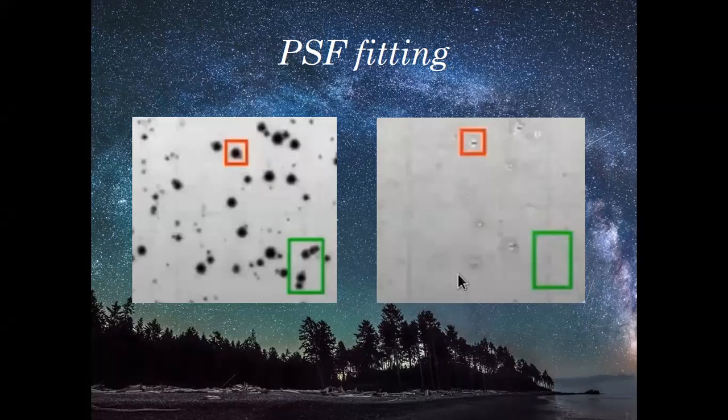In this green box, as you can see, there is nothing there. So if you subtract one from the other and it vanishes, then you can say that they have been properly matched. They are properly scaled with their magnitudes, and that is how you can determine the magnitude of the cluster which is removed in the second image, just by subtractive scaling. This is what is called PSF fitting.